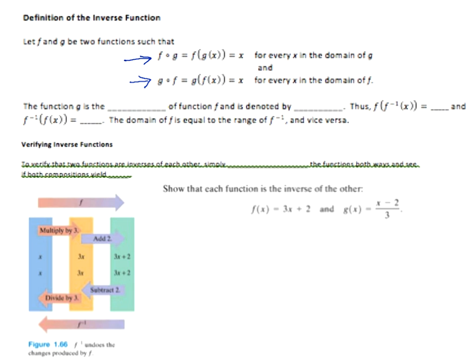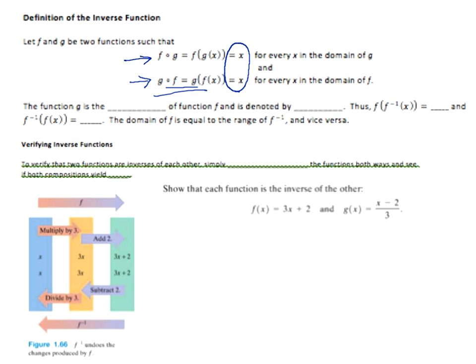Both times you do these compositions, you have to end up with just x, just like we did with the cube root and x cubed. I undid them and ended up with just x. And what this means is that for every x in the domain of g and for every x in the domain of f, this is true. So the function g, once I verify, when I compose both ways,